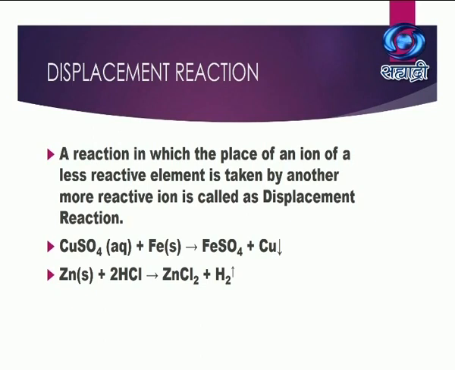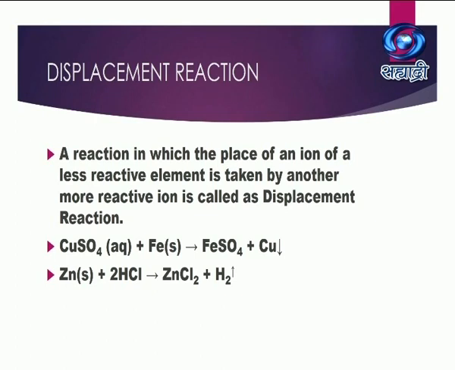Examples are CuSO4 plus Fe, that is copper sulfate plus iron. When they react together, a displacement reaction takes place and it gives FeSO4 plus Cu, that is iron sulfate plus copper is separated out. Here the copper is getting displaced and iron is taking its place, and because of that iron sulfate, that is